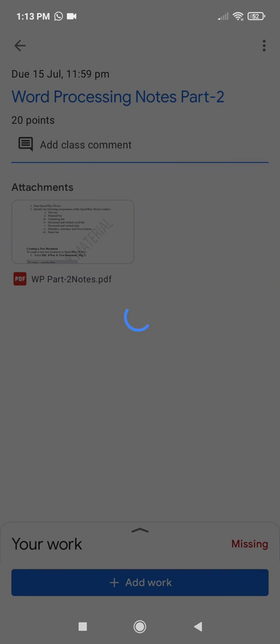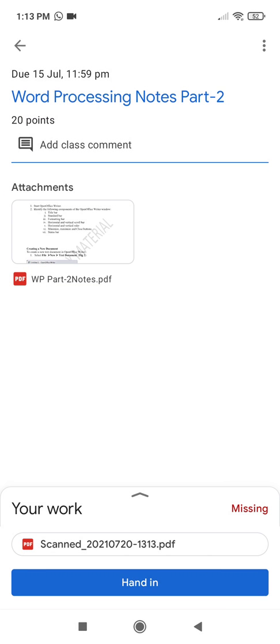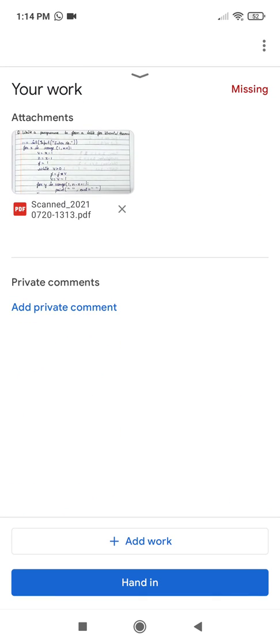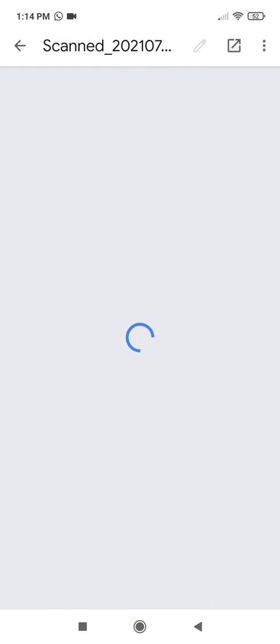Now what happens is, all the photos you have taken are converted into a single PDF document and that will be attached. See this one, your work. If you click on the up arrow, here it will show the photos you have taken. All the photos have been converted to a single PDF. If you tap on that one, you can see the pics you have taken. You can scroll through that and if everything is okay, you can submit. Let us see. It takes a few seconds based on your net speed.